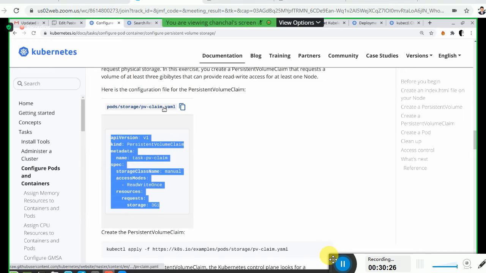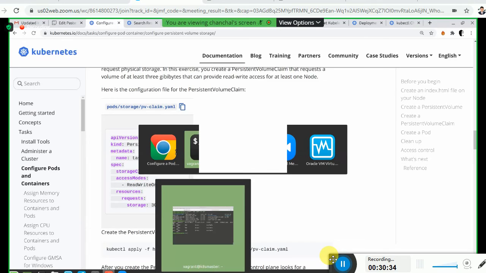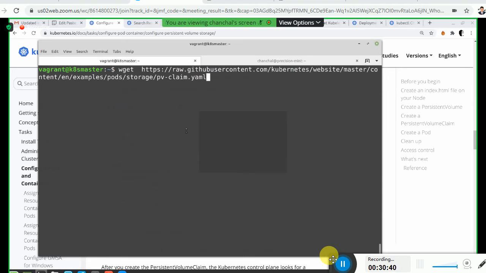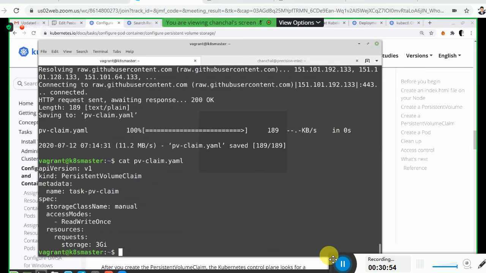Or else could we do a wget? Let me see. If I copy the link address from here and do a wget. If wget is not available, okay, so cat pv claim. wget is not available.